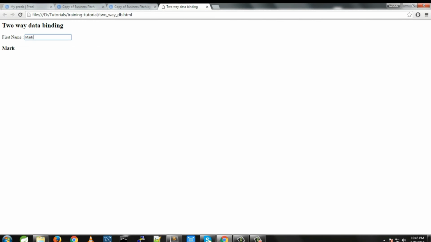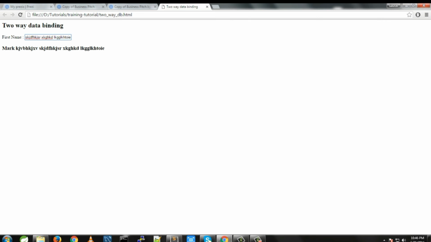See, you are updating your model only, but your view is updating automatically. This is the power of two-way data binding. It means whenever you are changing your model, your view is updating automatically. This is called automatic synchronization of data between model and view. Suppose you have to perform the same thing in jQuery, what would you have to do? First, you have to get the value from the HTML element, then initialize a JavaScript variable, and from the JavaScript variable you have to insert into HTML.